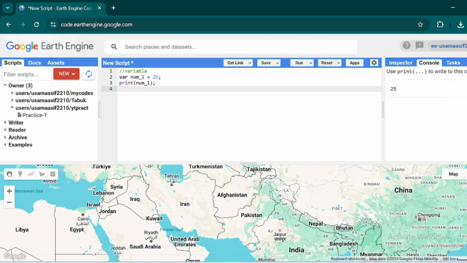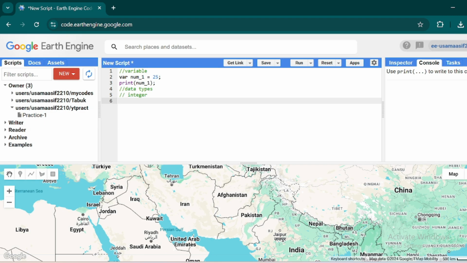Now we know that a variable can store data for you, and now we will see how many types of data a variable can store. By typing two slashes, you can comment out your line, and these lines will never execute when you run the code. So now data types. The first data type is integer.